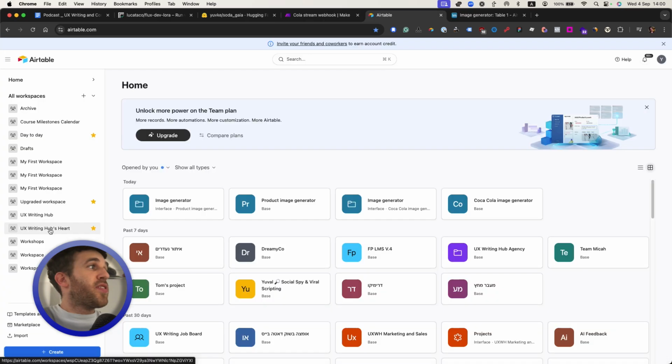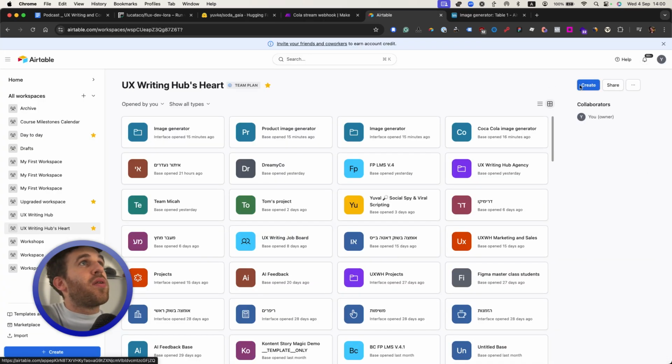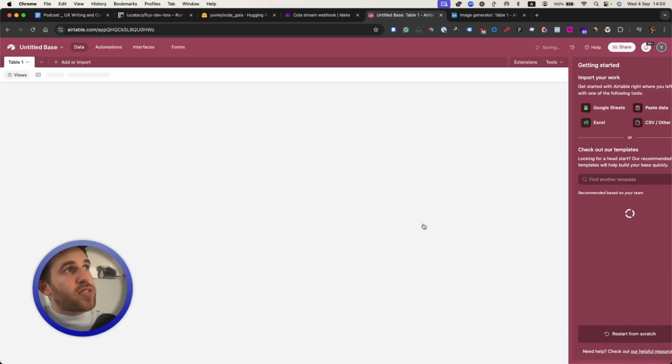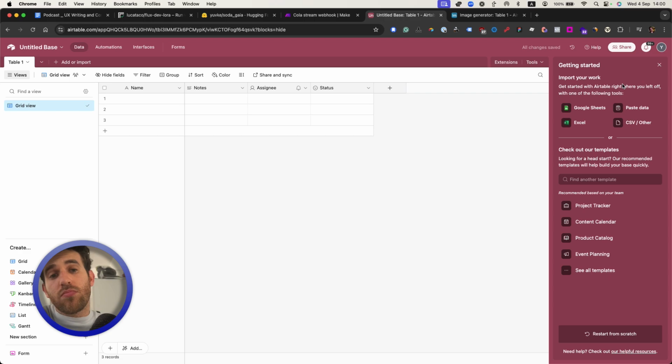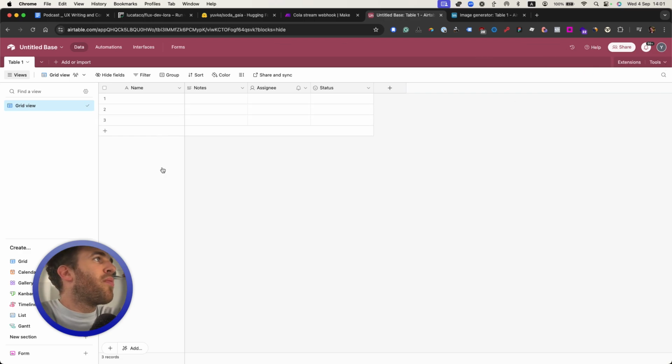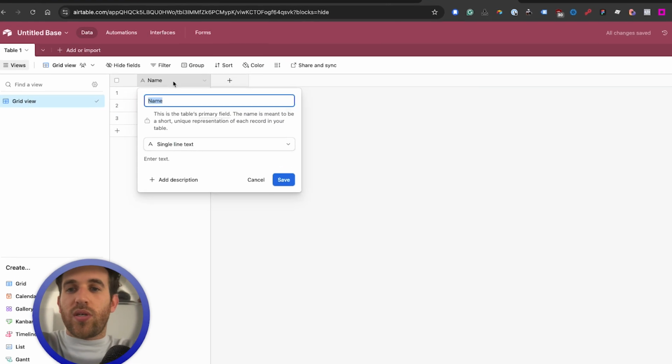Let's get started. The first thing I want to do is to go into Airtable and create a new table. I would start from scratch. What I want to create is a webhook that just sends the prompt to Make. That's about it, because I want all of the database to be managed in one place. So I'll just delete everything, and this is where the prompt